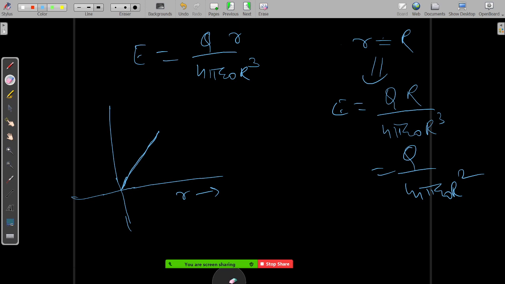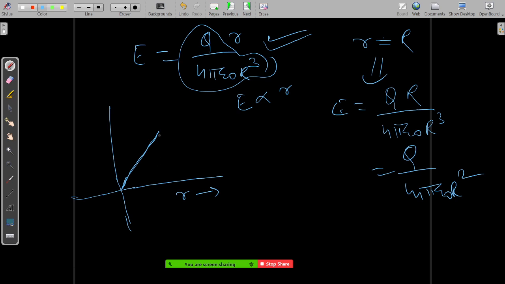All right. So what we were seeing, Hari, is that for a uniformly charged sphere, the electric field inside the sphere is something like this. So this is a constant. The electric field is basically proportional to the distance. So you can draw a graph something like this, and after that you know that the electric field when R is greater than R, when you want to find the electric field outside the sphere, is something like this.